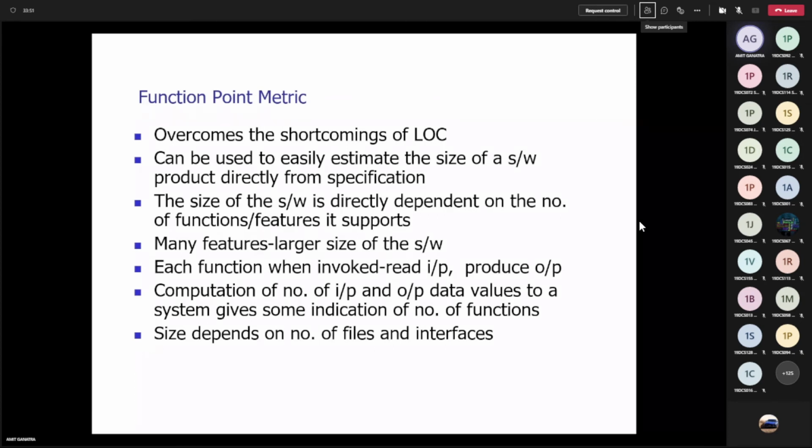The next metric is the function point metric. Here it will overcome the limitations of LOC, and it can be used to easily estimate the size of the software. You can directly use the SRS, your specification, and from that you can estimate the size of the software. So this is much better than your LOC, the function point metric or FP metric. So here what they say,